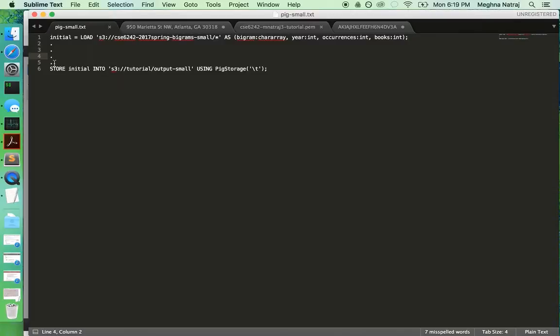Okay, so all that the script does is that it loads the data from the small data set that's given. That's a sample data set. You need to perform certain amount of computation, and then you store the final result. So here I'm storing my result that I get just by reading, and I store all of that data into my output folder. So over here, the path that I specify